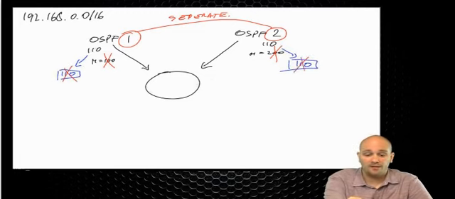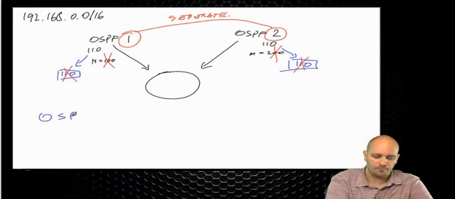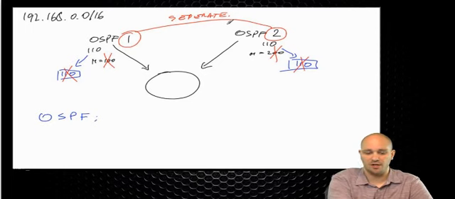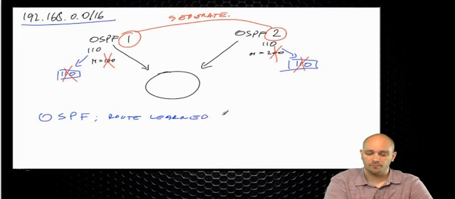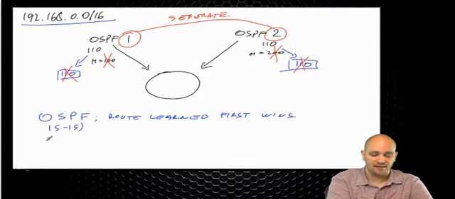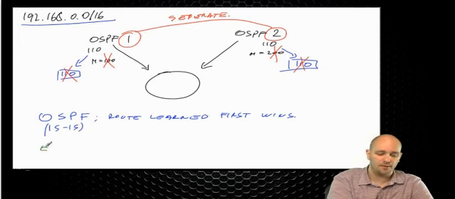Now, this is where the consistency of IOS strikes again. For OSPF, if you are using OSPF as a routing protocol, and you have this situation that you're learning the same route from two OSPF processes, the route learned first wins. This is also true for ISIS, which you don't really care about, but I think it's fun to mention it. For EIGRP though,